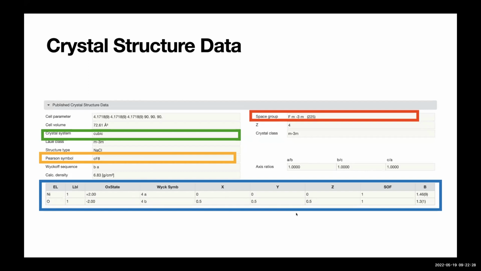For example, for nickel oxide, we have one nickel and one oxygen in the unit cell. This table gives you the scaled three-dimensional coordinates X, Y, Z for each corresponding atom, and this is exactly the information you want to input into the CRYSTAL input